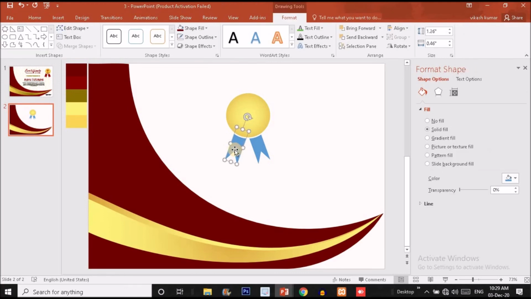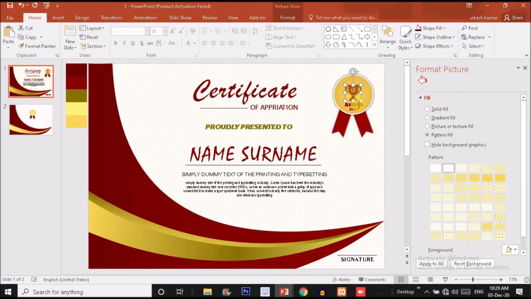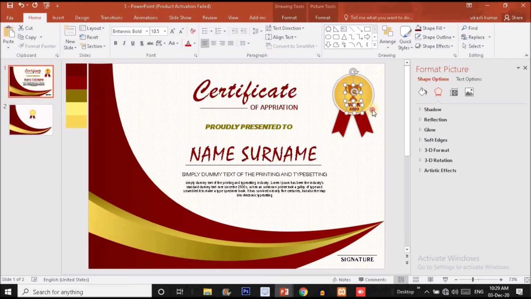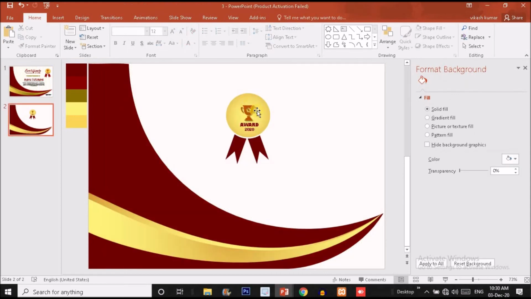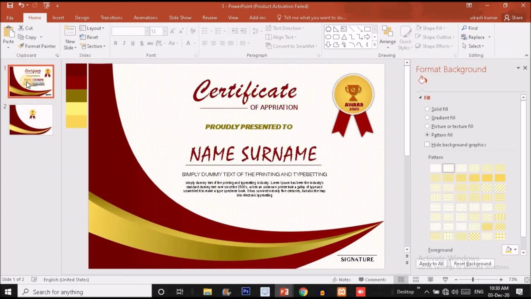Okay, guys, so make it close and again make it close too. Okay, guys, for these two shapes I'm going to use this color. Okay, and let me copy the text and the logo from the previous one. In this logo I'm using the shadow effect only, and the logo is downloaded from flaticon.com. This is a very good site providing free logos for your use. So go there and use the logo, guys.